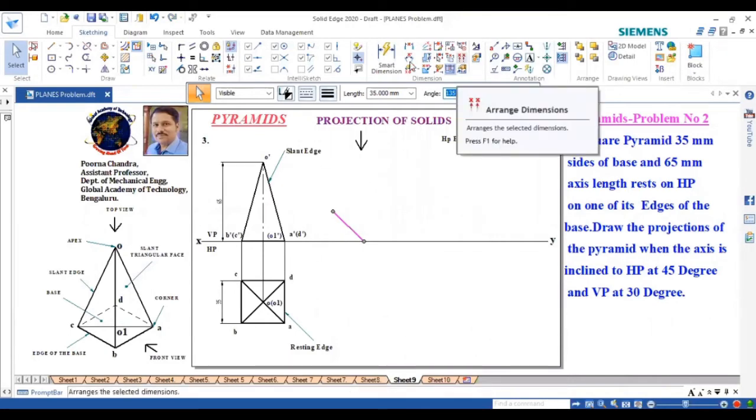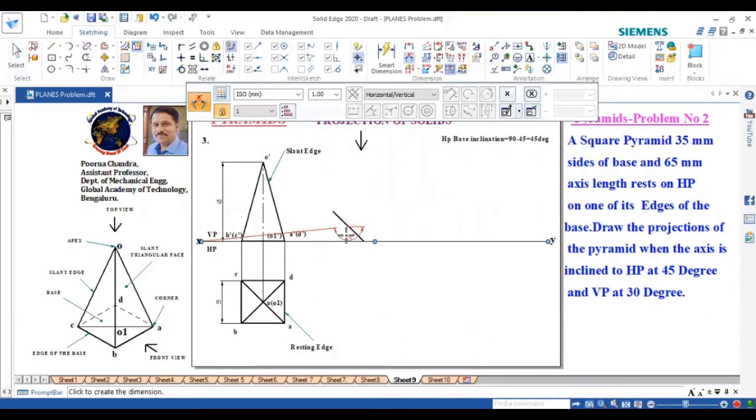Then if you measure the angle, you get 45 degrees. So 180 minus given angle 45. So I am doing here 180 minus 45 means I want here 45. But while calculating, you can take 90 minus 45 and 45 degrees. You can draw a line with a protractor. Right, this is done. Next, what we need to do here.